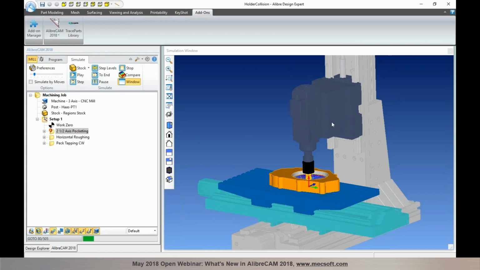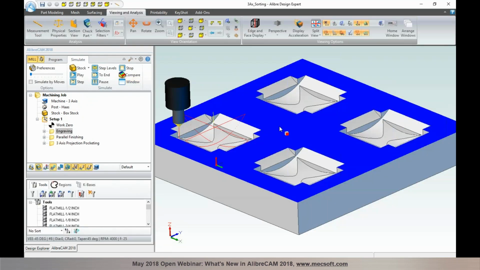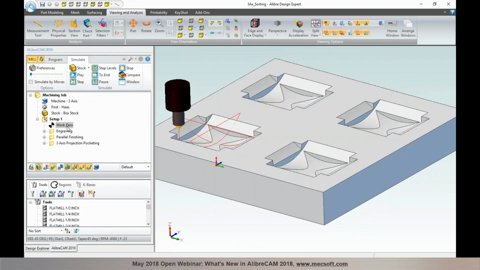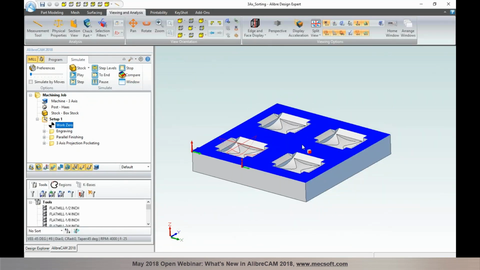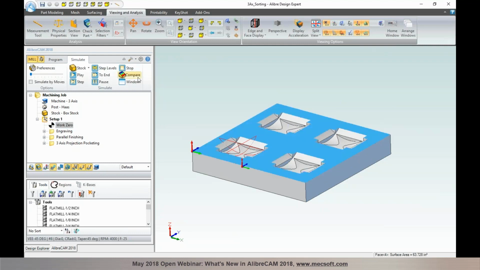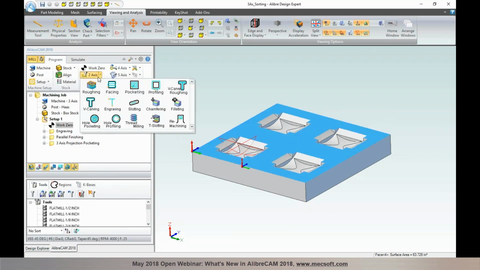Okay, that's a great question. So avoid regions can be used in 2-axis or 2.5-axis operation types. So let me go over to one of these examples in here. So consider that I would like to face this part before I start programming my operations like pocketing or roughing operations in here. So avoid regions must intersect with the actual drive geometry,